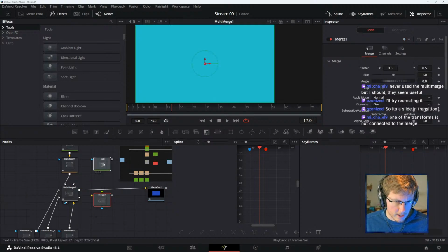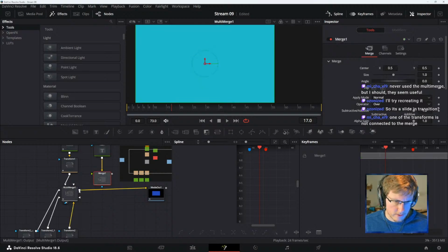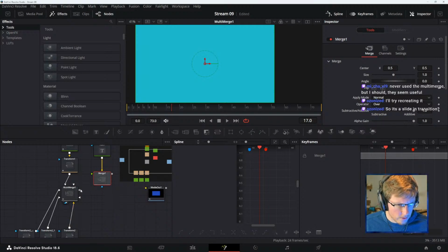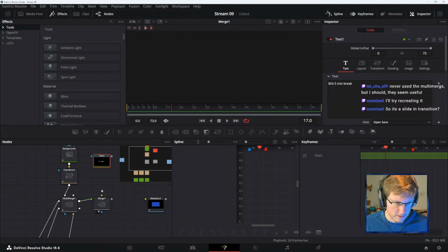Might be that I need to now just kind of continue the flow of stuff. Foreground. This is the background, so that needs to switch.